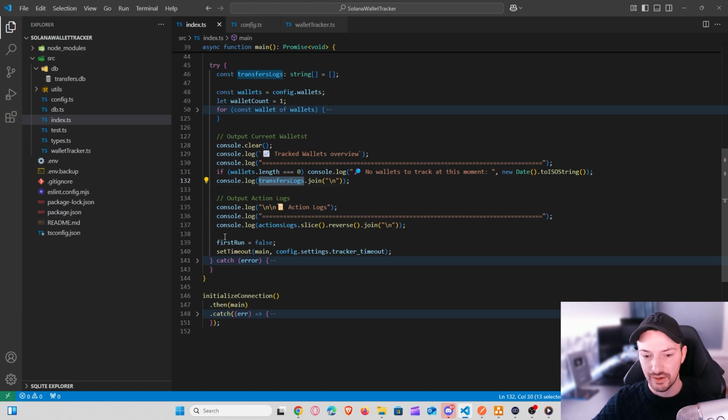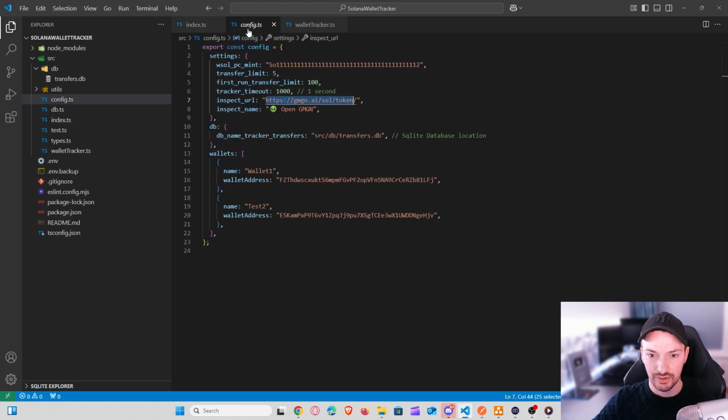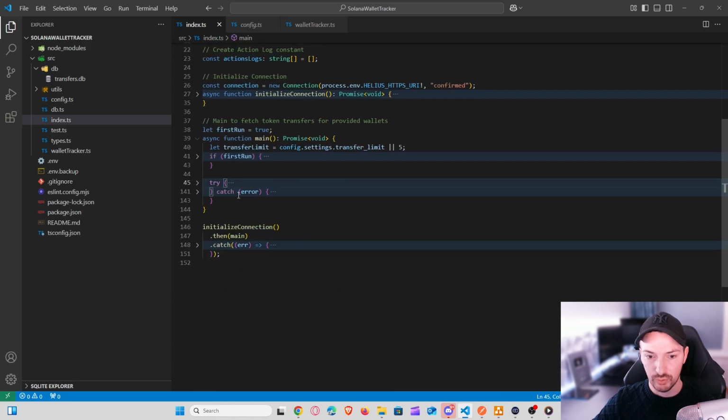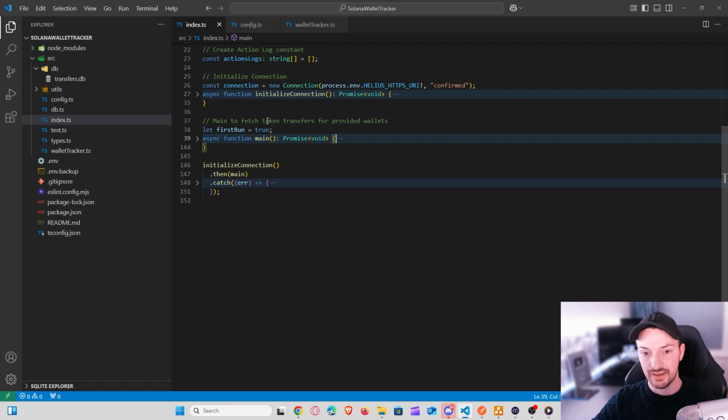And if everything is done, we say that first run is now false, and we trigger the same logic all over again in the specified amount of time. That's also in the config here. We say tracker timeout 1 second. So after 1 second, we will do this whole process again. And that's how the wallet tracker works at the moment. It pulls in all the information for the wallets every 1 second. Of course, there is a slight delay, but it gives a nice overview